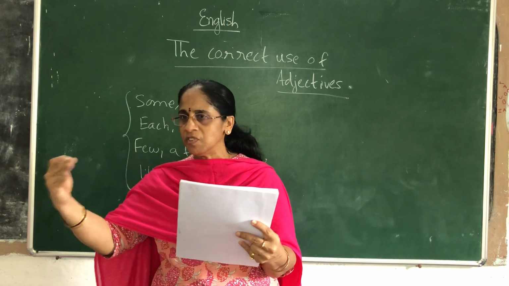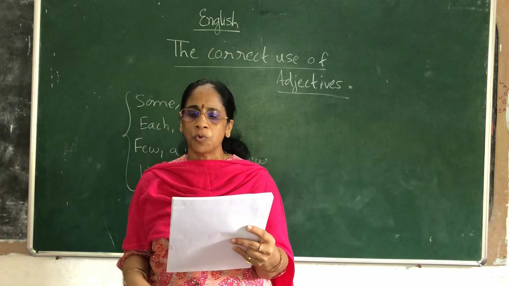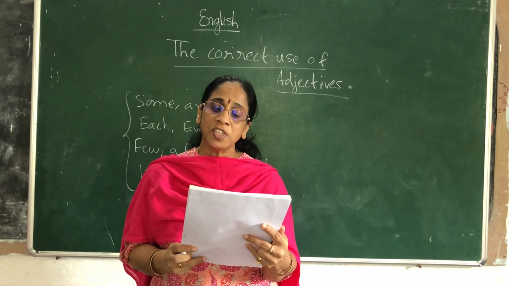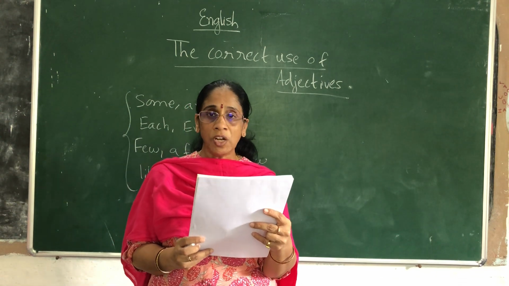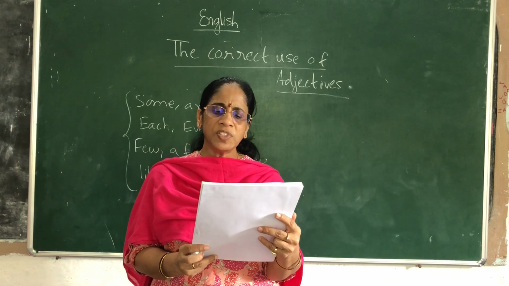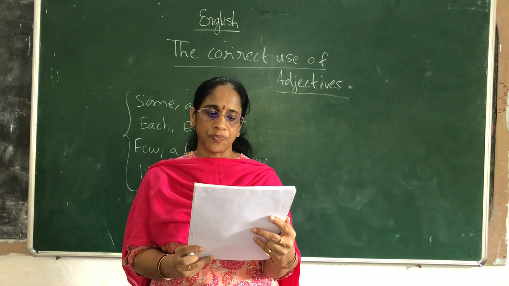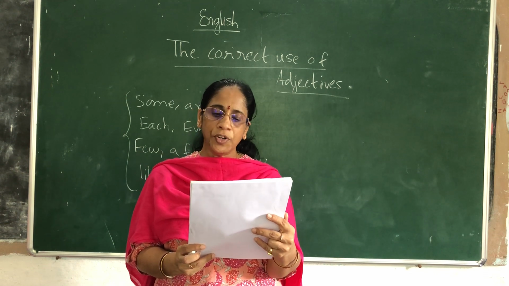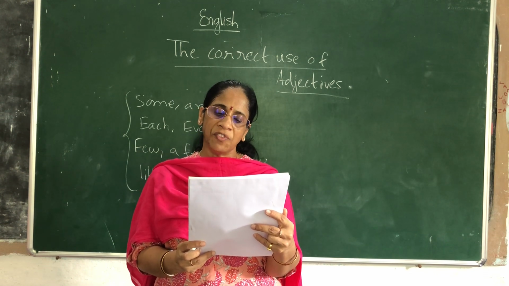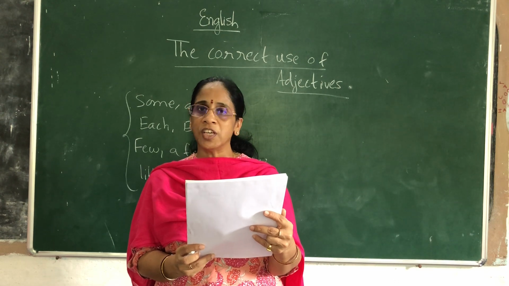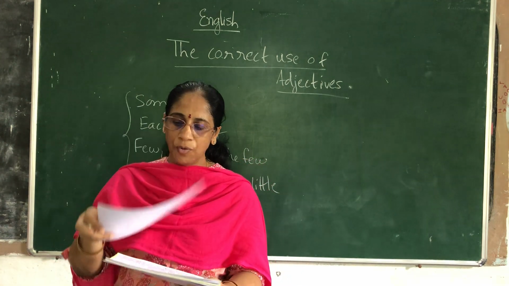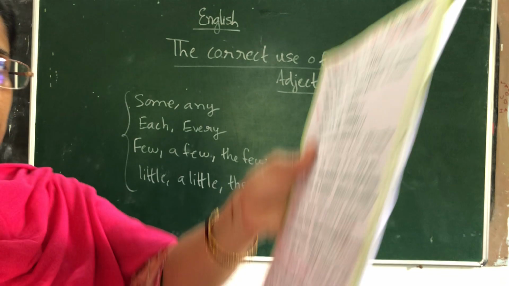You are counting each and everything one by one and say that each one of the chairs is broken. Leap year falls in every 4th year. So he came to see us every 3 days, that is, once in every period of 3 days. It rained every day during my holidays. I was away 10 days and it rained each day. So like this, how to use each and every, you can make a note.